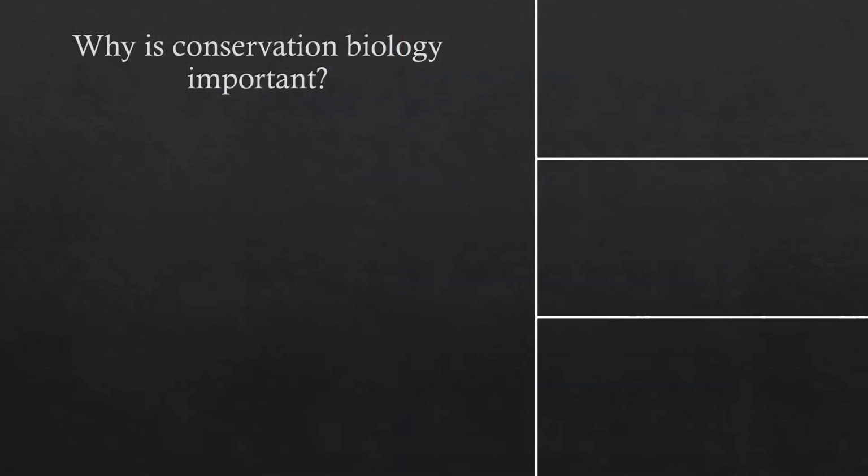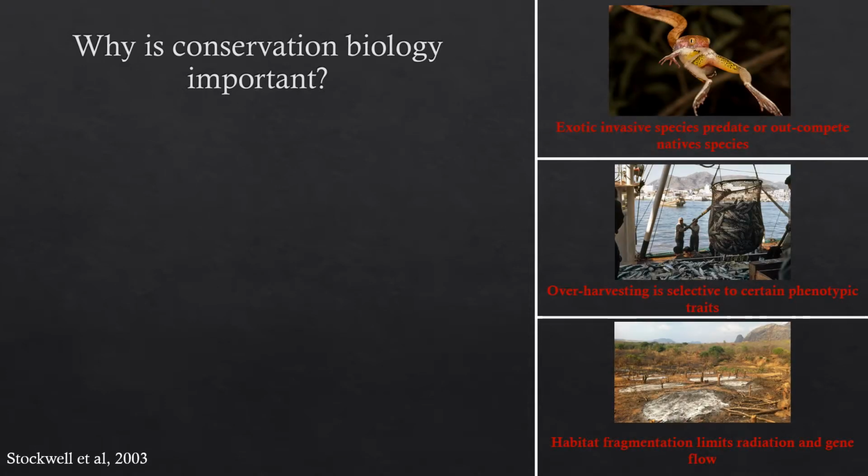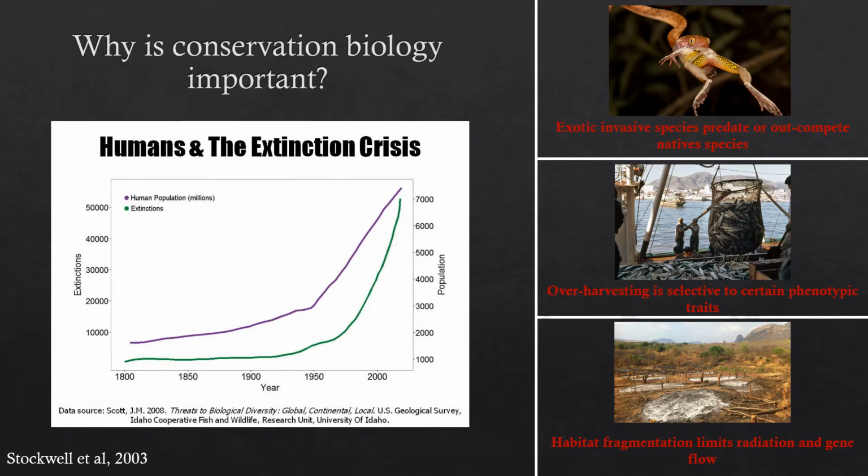In the last century, anthropogenic activity has become the driving force of changes to the Earth's biosphere. Anthropogenic agents of selection include overharvesting, the introduction of exotic invasive species, and habitat fragmentation and degradation. This has resulted in the perpetuation of what many believe is a sixth mass extinction event.